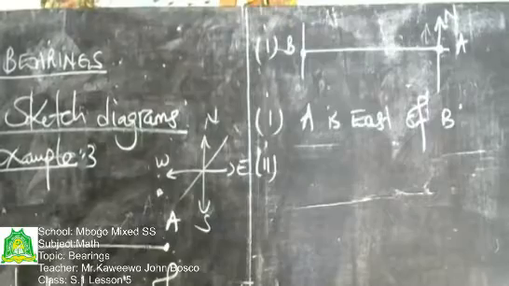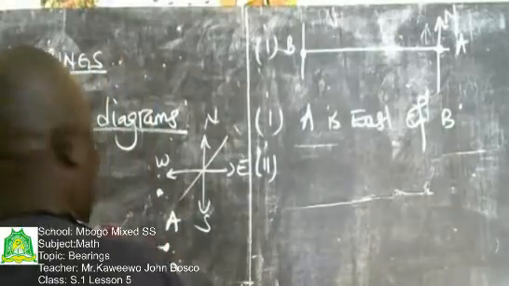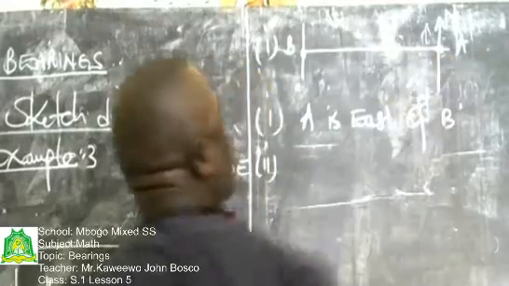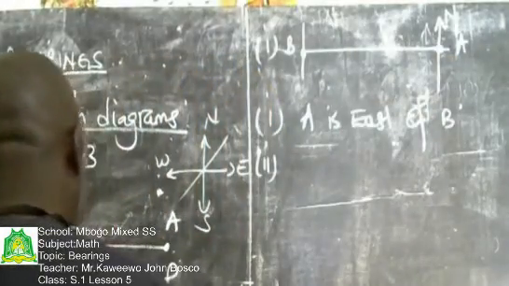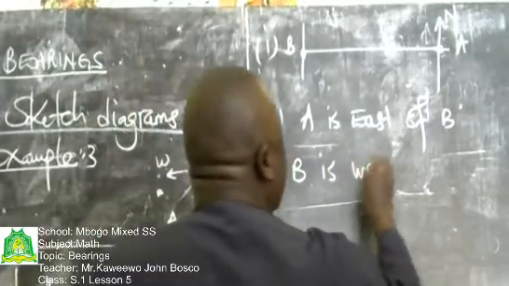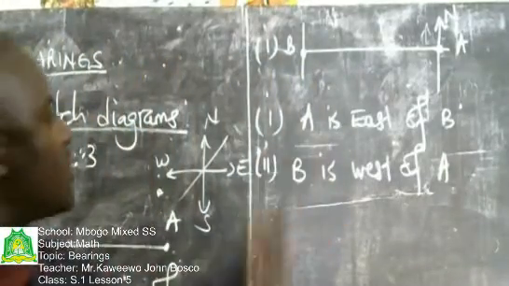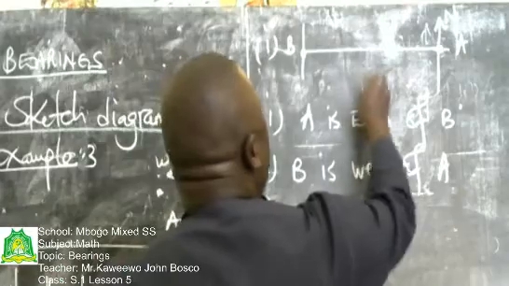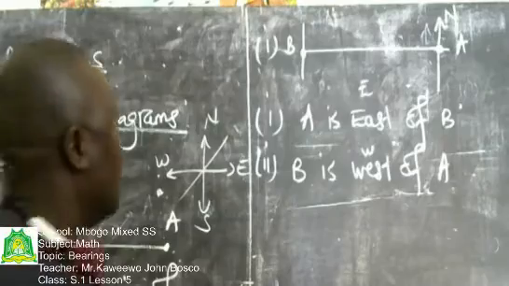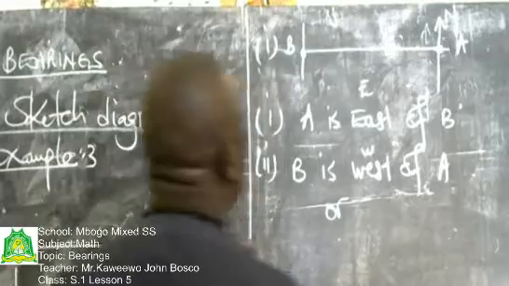If we are talking about from A, again, if you have to look at the same diagram, from A going to B, we take the direction west. So we can say B is west of A. Those ones we are using points of the compass. Definitely this is the east and this is the west. However, if we are to use the second approach,